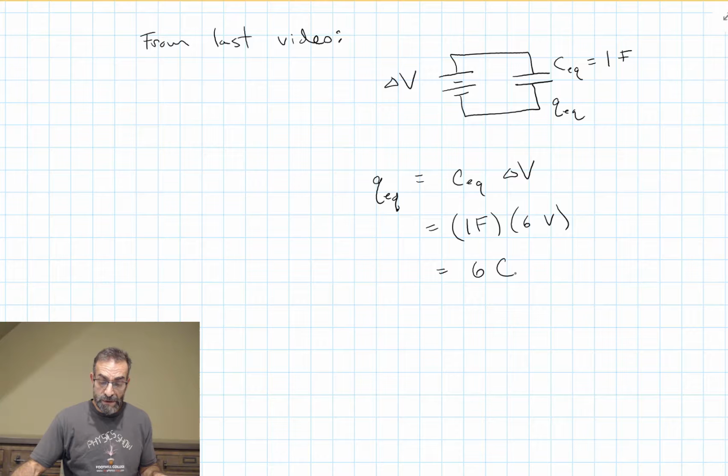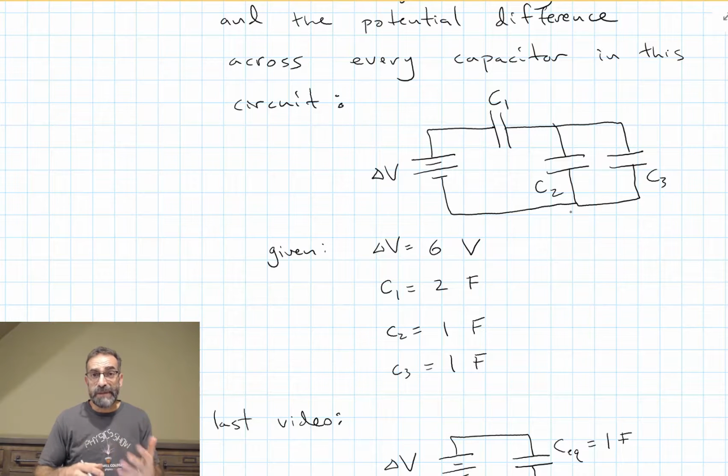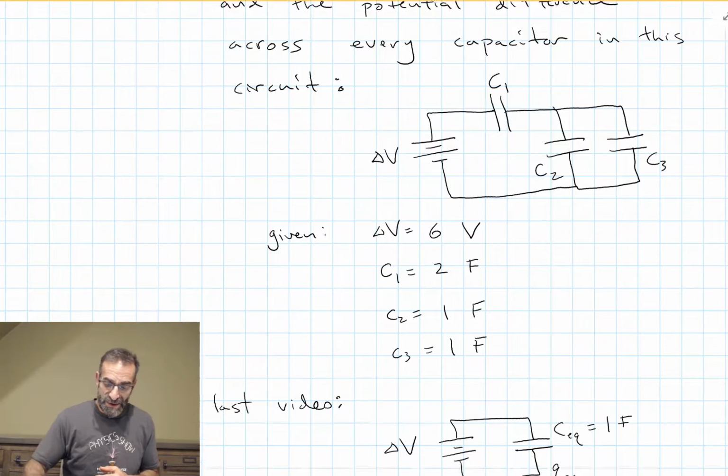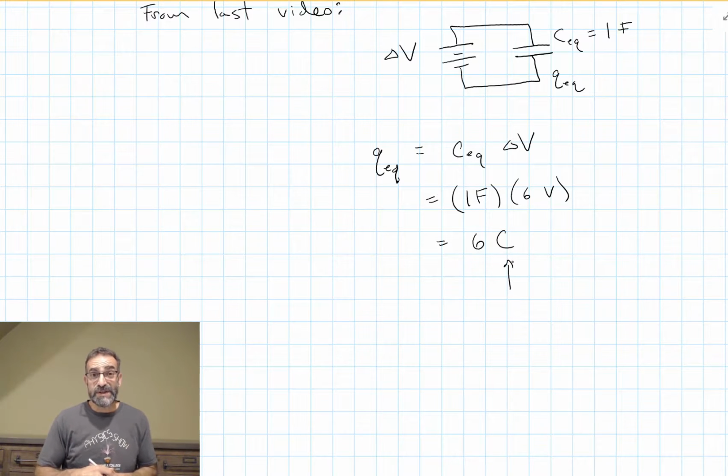So the charge stored is 6 coulombs. One thing that can be a little confusing, we use capital C often to indicate a capacitor. I think I've done that already. C1, C2, and C3 for capacitor 1, capacitor 2, and capacitor 3. But the unit for capacitance is the farad, and the unit for charge is the coulomb. So if we use C for coulomb, here it indicates that it's the unit for the charge stored on the